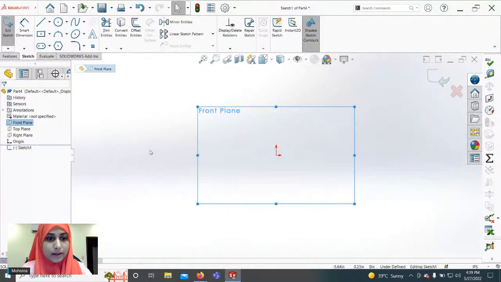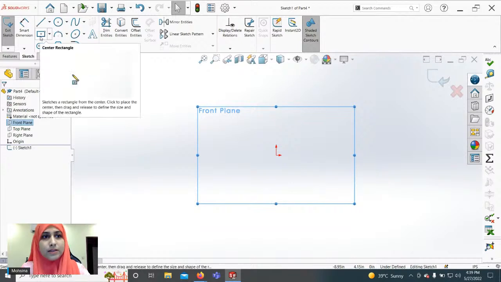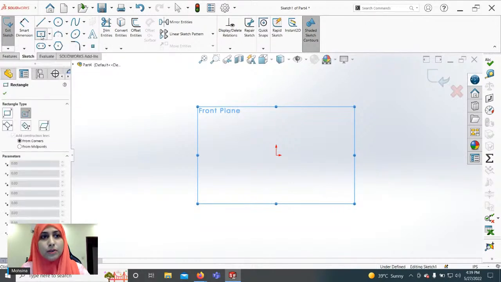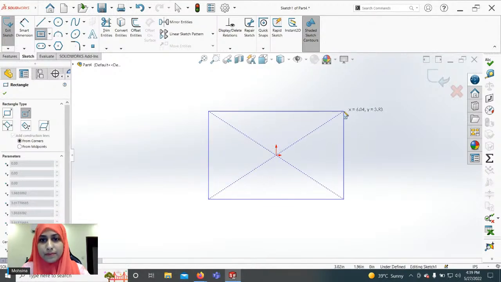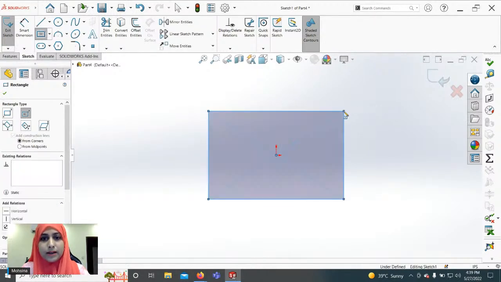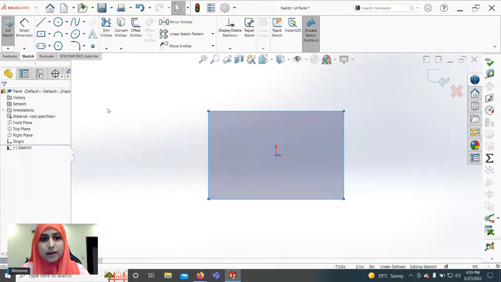Go to it and you can refer to the drawing which has been provided in the chat box. This is the tool, which is center rectangle tool, and we will start creating the sketch. This right in the middle is the origin, and make sure to create your sketches from the origin. We click it and here we have created the rectangle.